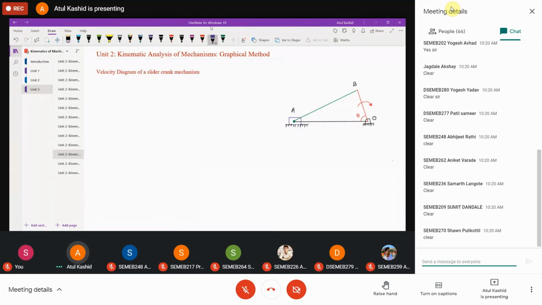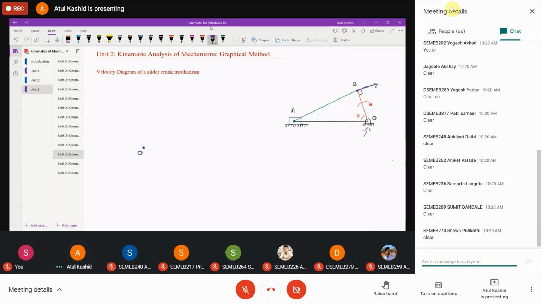So for example, now we have to take the first fixed point over here, right? Whenever we are going to draw the velocity polygon, we have to take the fixed point, and that fixed point is O, right? Then we have to go by the known points, the points for which we know the magnitude as well as direction. As I have said, for point B, I know the magnitude as well as the direction, right? So where will be the velocity of this point? It will be perpendicular to this link. Always remember, it will be perpendicular to the link.